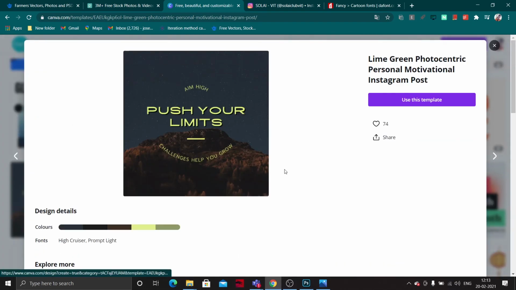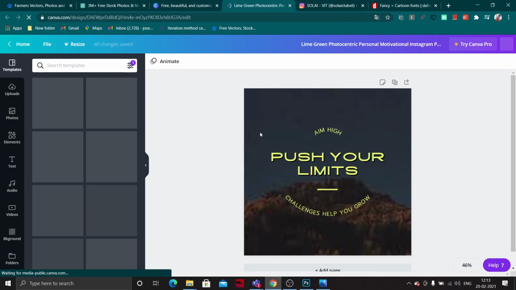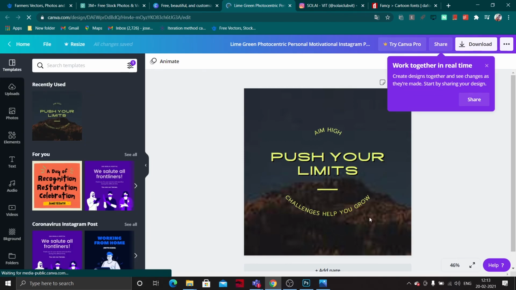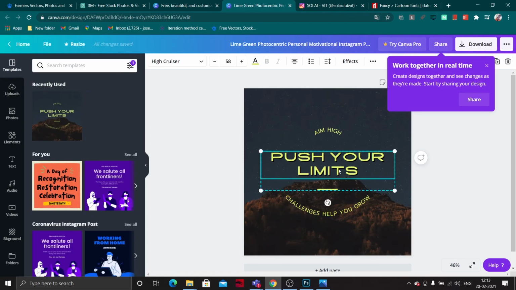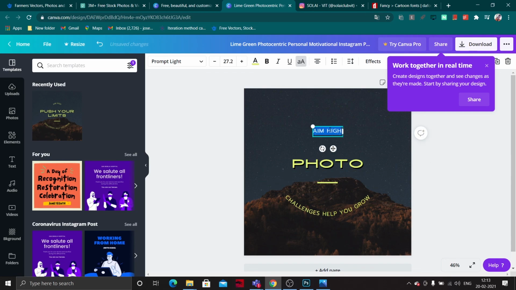If you want to use this template, you can just click on use template, it will open up. You can do anything, you can change this background, everything. You can change this text also, and add a photo, you can do anything.